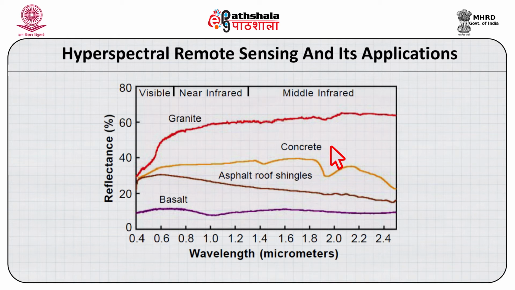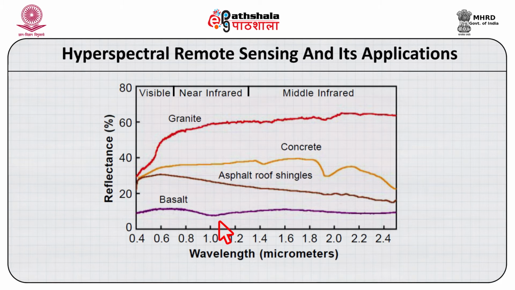Now if you see figure 9, it shows an urban area, as I said this is also being used in urban areas. In urban areas we have asphalt roads, concrete roads, concrete roof surfaces, dark roof surfaces, and granite surfaces. If you want to separate out what kind of rooftop is there, what kind of bare surfaces are there, what kind of material is being used, for that again you have to take the hyperspectral data, and figure 9 clearly shows that